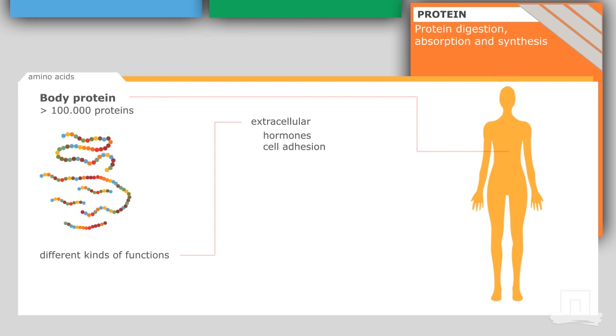And other proteins are important inside the cell. They're so-called intracellular. So they're important, for instance, for generating fuel or for maintaining the structure of a cell, or for any other type of function we need protein. So therefore, it's very important that we eat a substantial amount of protein to supply the amino acids in order to be able to synthesize the proteins that our body needs to function.